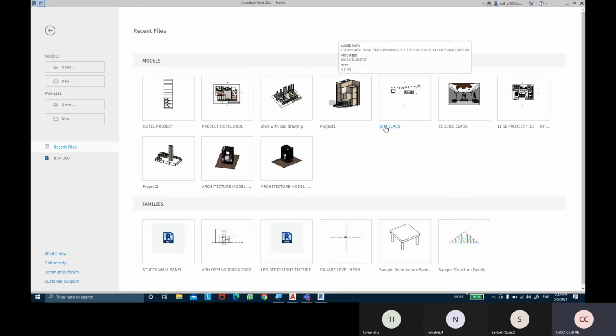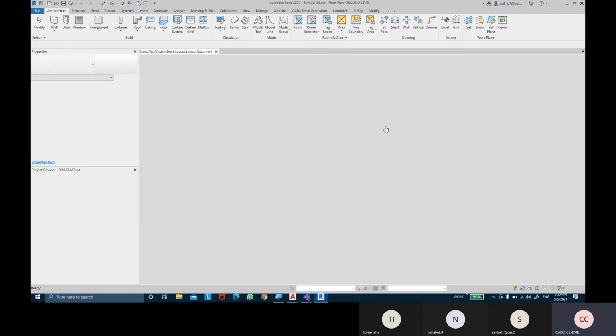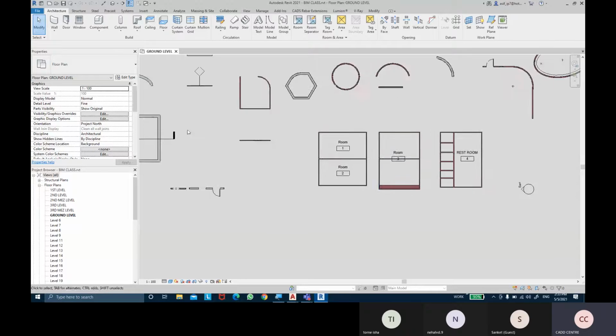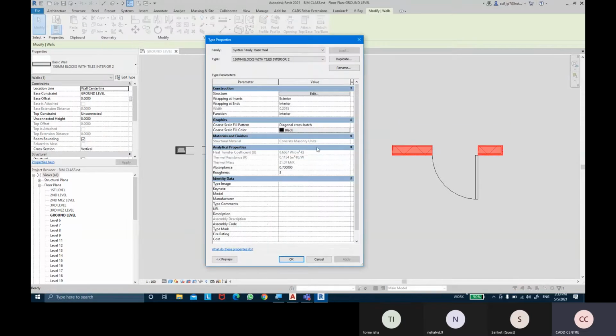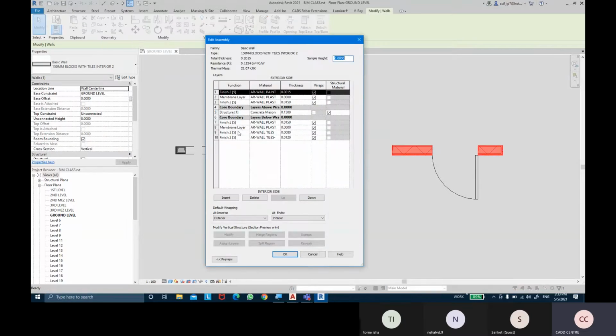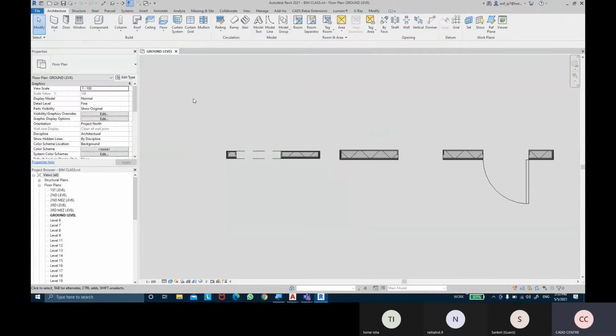So I'm going to continue the file that we left on. In the previous class we did the wall editing features. We saw the layer functionalities and the material creation process. Today we're going to do wall reveal and sweep options. So let's go ahead with wall sweeps and wall reveals.